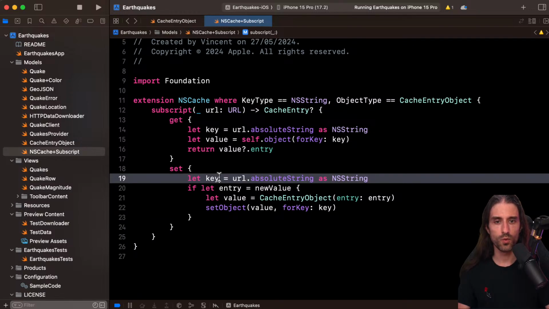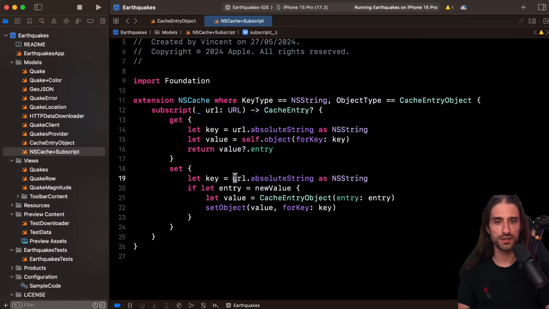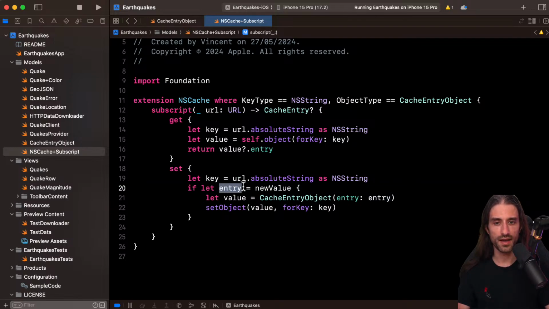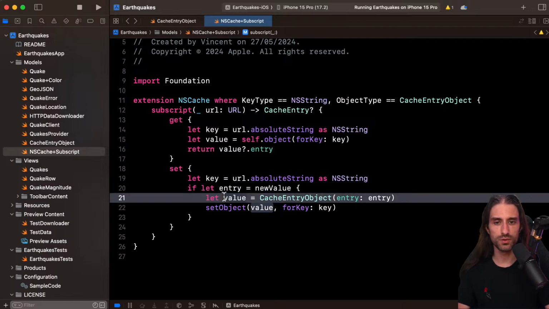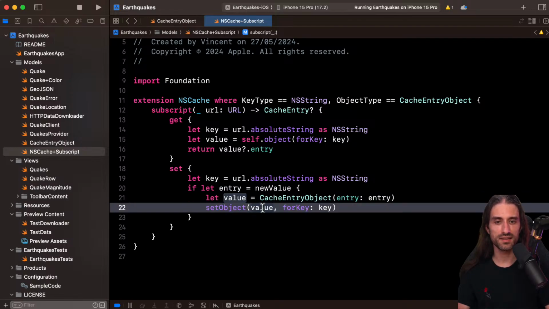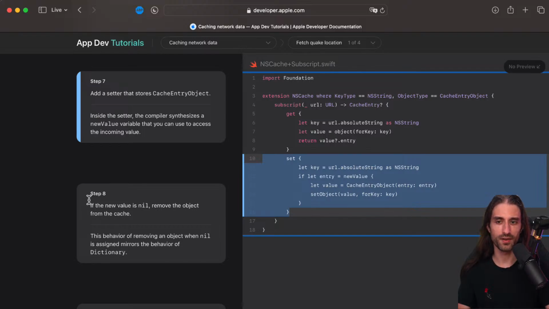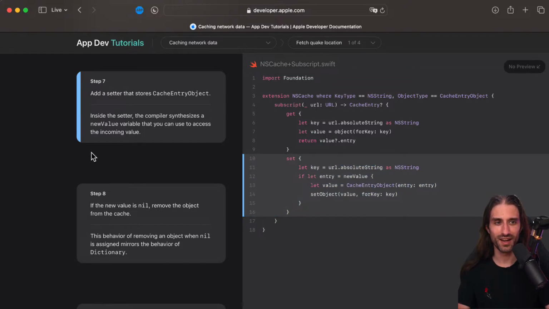So what we do is that once again we take the key from the URL, and then if we haven't set equal nil, then what we do is that we box the entry into an object and we set that object for the key. Interestingly, there is no else clause. So if we do equal nil, it's not going to remove the value from the cache. Maybe we'll do it just after, but otherwise that might be something that would be missing in an actual implementation. Okay, no, they cover it just after. So I was just getting ahead of things.